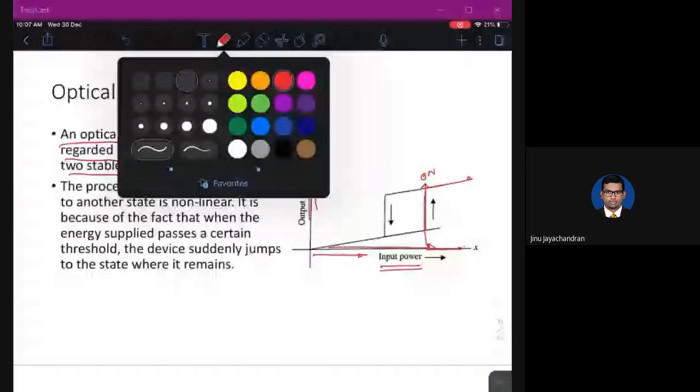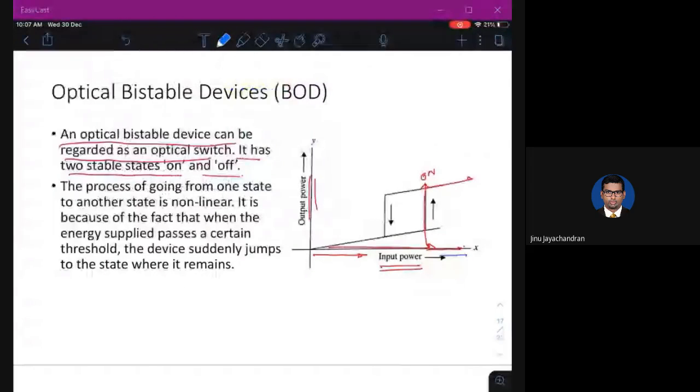As I reduce the input power, when I reach the position where it jumped to the on state, it will not jump to the off state. Instead, my input power needs to be reduced further, until at some point the output power jumps back to the off state. So this is a hysteresis